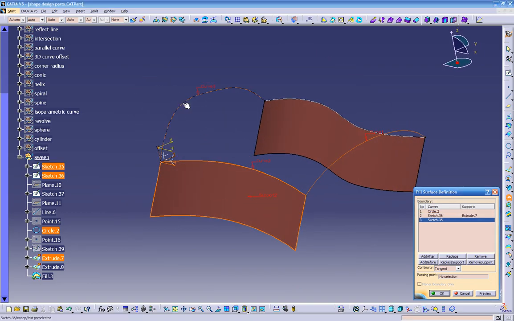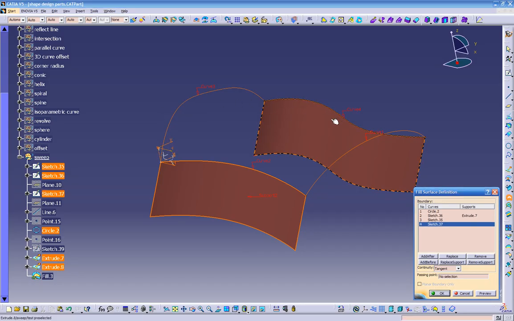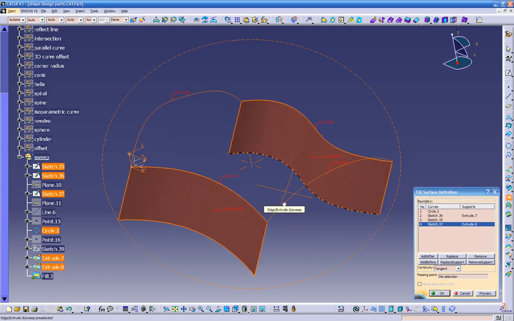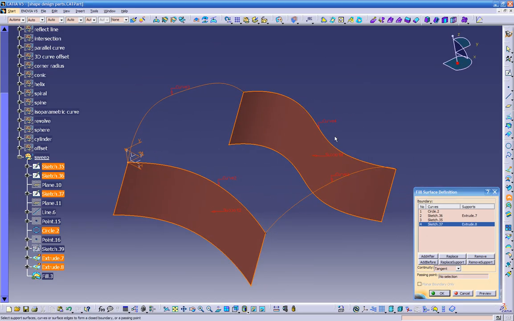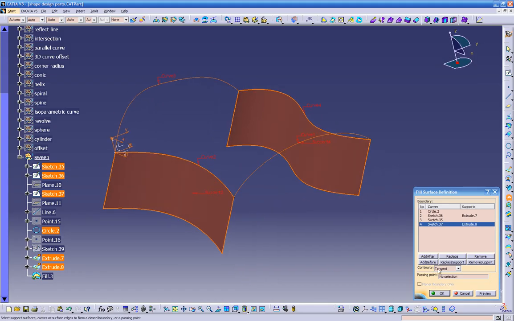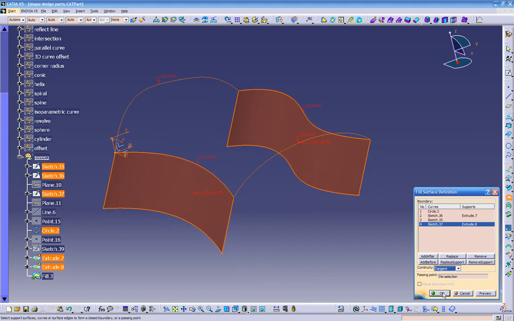Then I'm gonna choose number 3, then number 4 curve with the surface, with the support. You can see it says right there support, curve and support. So right now I have tangent over here. Now if I click OK,